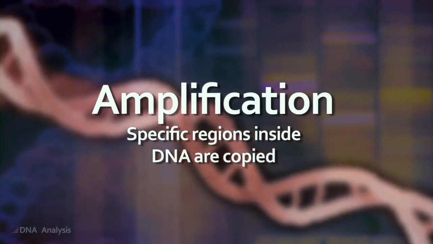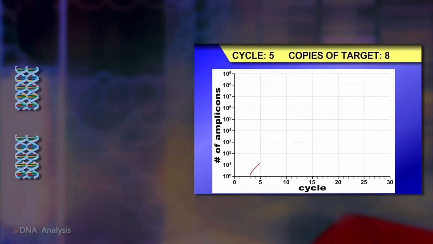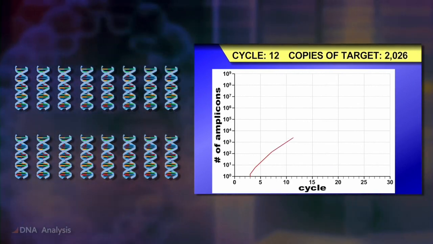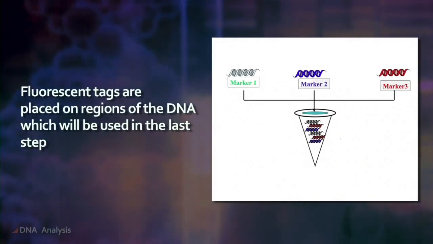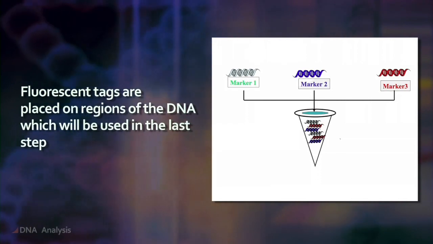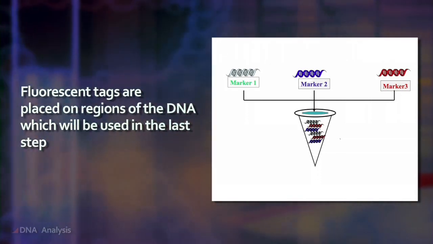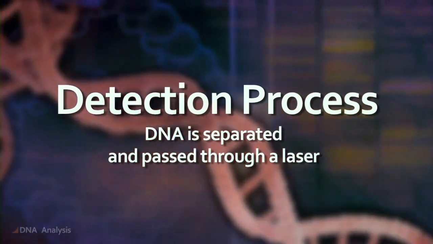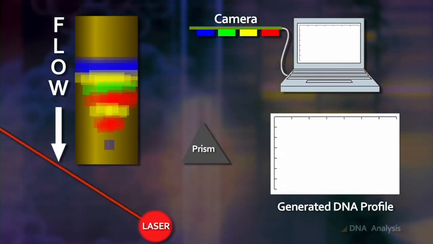After quantitation comes the amplification process, where specific regions inside the DNA molecule are copied. During the amplification process, fluorescent tags are placed on regions of the DNA, which will be used in the last step. The last phase is the detection process, where our copied fragments of DNA are separated by size and are